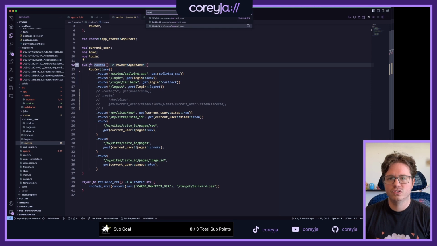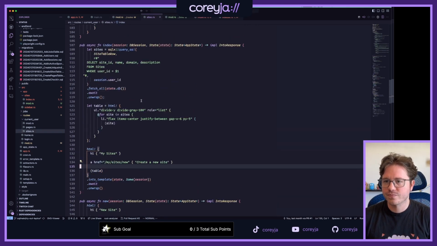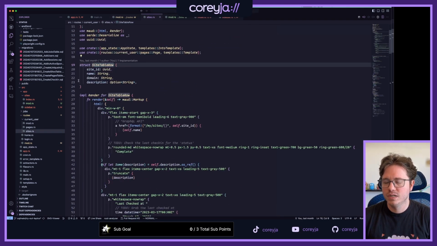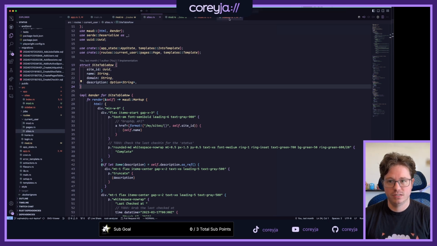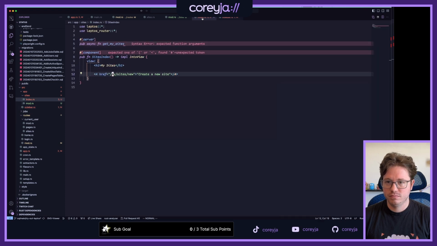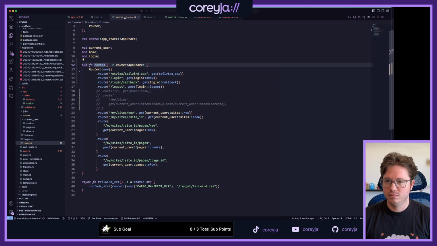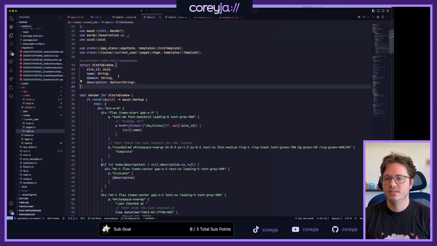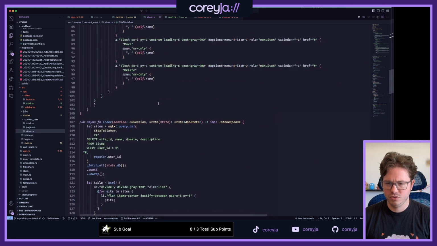Current user sites. What's a site table row? Site name, domain, description. That's pretty close to what I need in the sidebar: ID, name, href. Okay, but let's just make it the same thing. It'll be better.